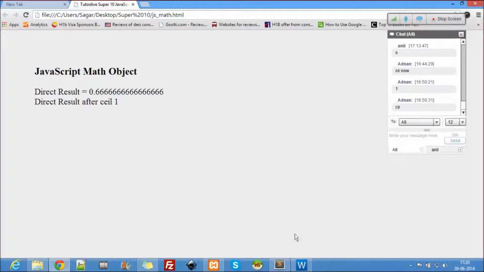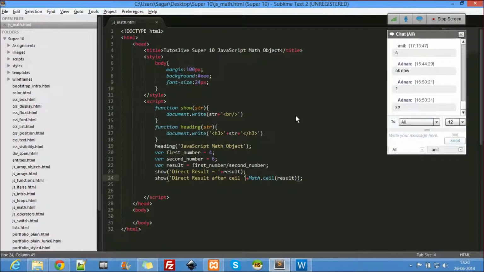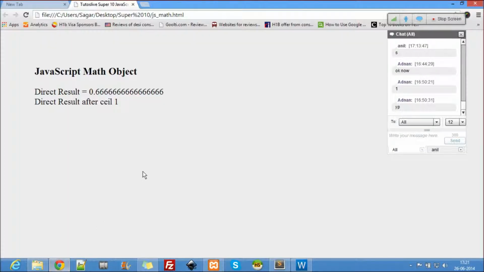Yep, you're right. Okay, so what ceil does is it rounds it off to the nearest integer which is after that. So what comes after 0? 1. Now let me say 40 by 6 is somewhere around 6 point something. So Math.ceil, what is the number after 6? It rounds it to that number. So no decimals. See, 6.666667. So the next bigger number after 6 is 7. That's what ceil does.